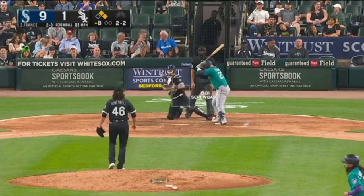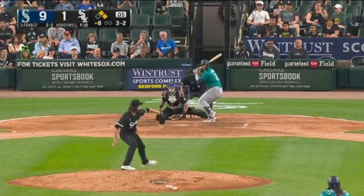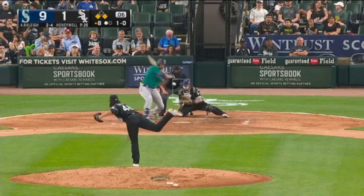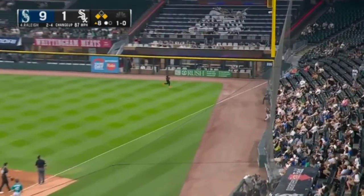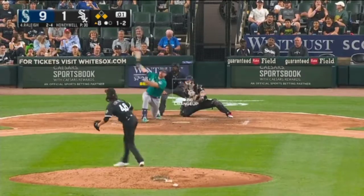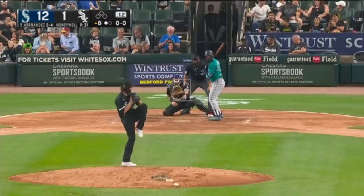3 balls, 2 strikes. There was a screwball. Ground ball to first base, throw to second, gets one. Honeywell. Foul right-hand side. And we were mentioning before, it is very clear how thrilled. And Cal Raleigh had a good half season for